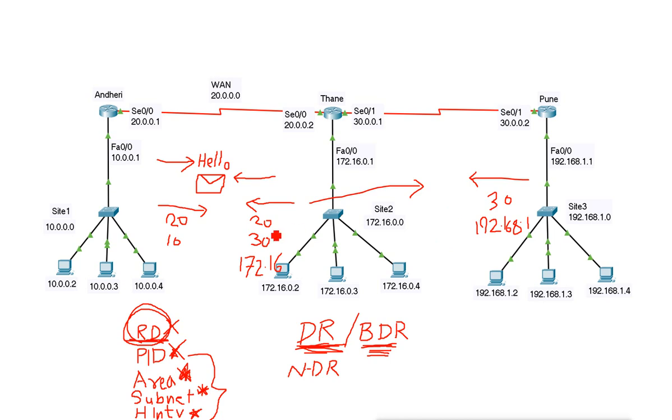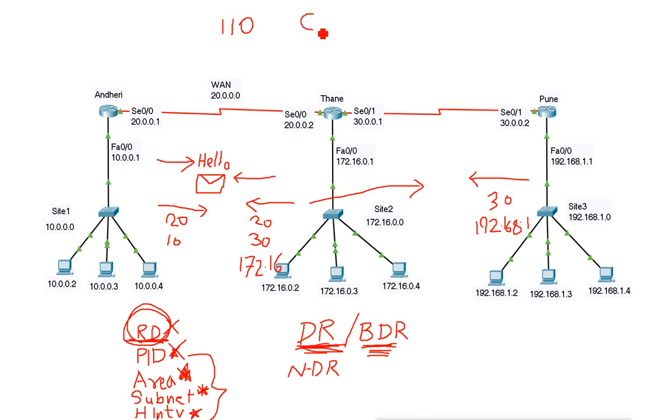Now when they start sending this, the AD value for these networks will again be the OSPF AD value. The AD value is what? 110. This is the AD value for OSPF, so all the routes' AD value will be 110. Now to calculate the distance, since the AD value is the same, they will go for the metric, to find the best path. Now what is the metric for the OSPF protocol? It is cost.